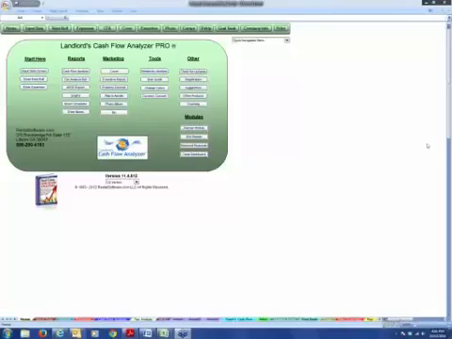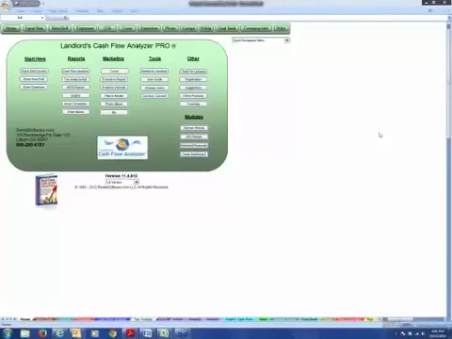I do not know exactly how long this call is going to go because we've never done this before. As we do this on a regular basis, you're going to see a lot of different properties and evaluate a lot of different kinds of properties. So you'll see exactly how long it takes. My whole point is to see if I can show you how you can create and draft an offer in about half an hour. That's what I'm going to be shooting for here. It may take a little bit longer because I'm going to do a lot of talking. Now,